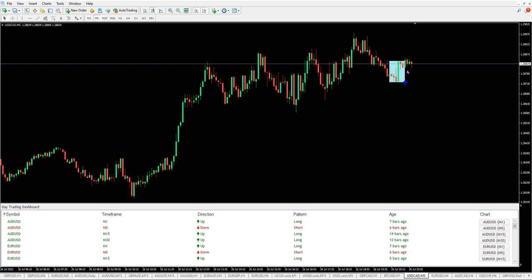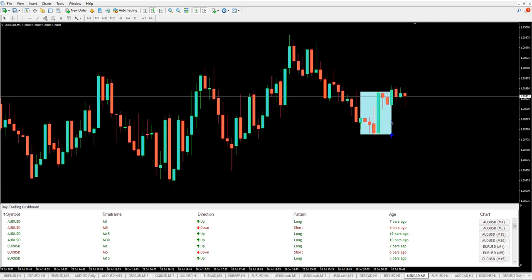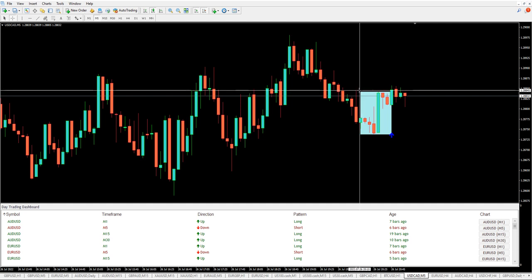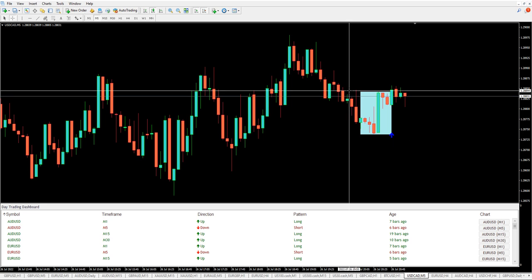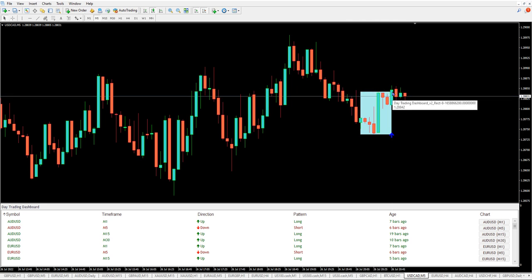Five-minute UCAD one is just now forming as well. And here's what I'm saying. The most recent high that caused this push down has now been broken, just barely. Not a super convincing break, but it has been broken. So in my eyes,